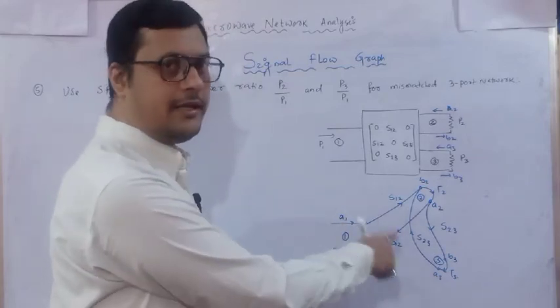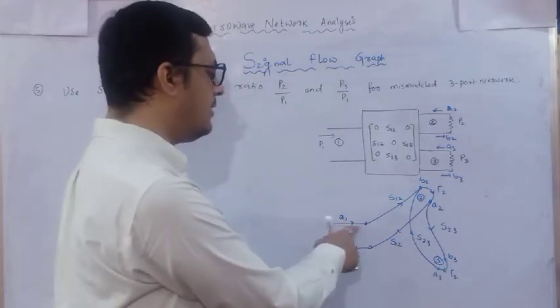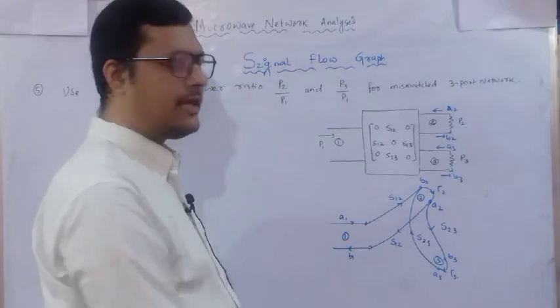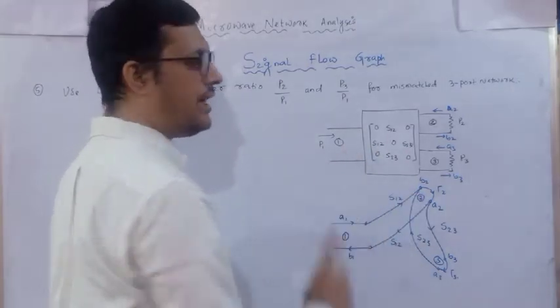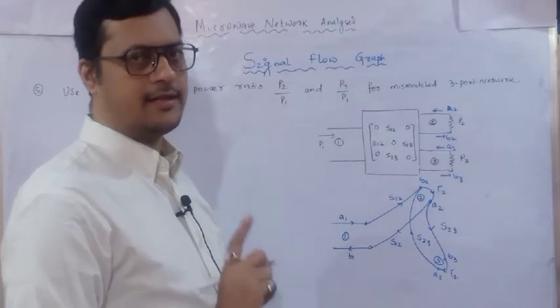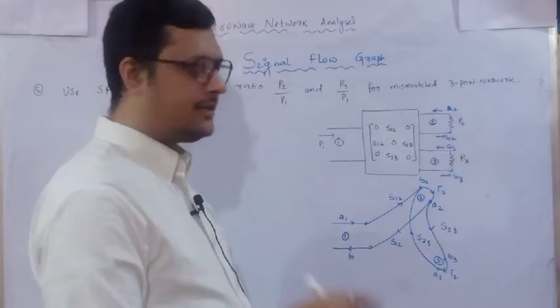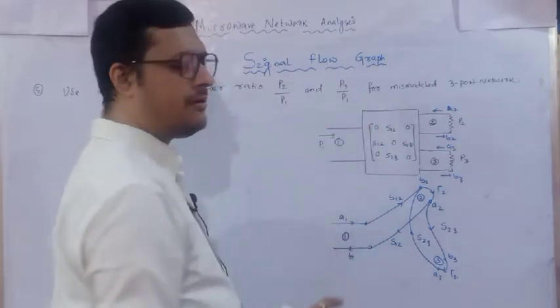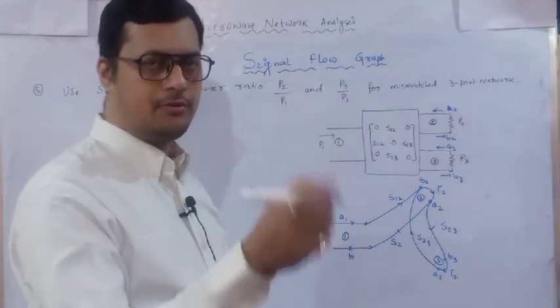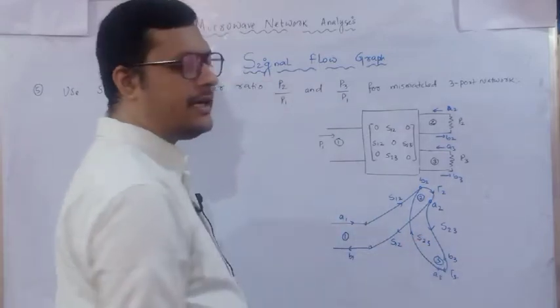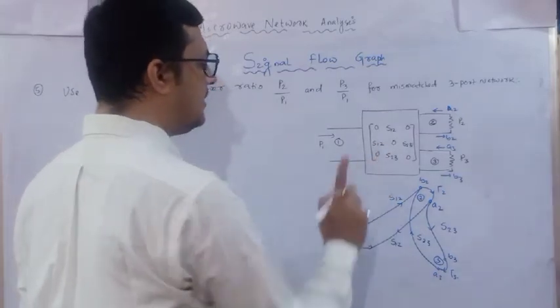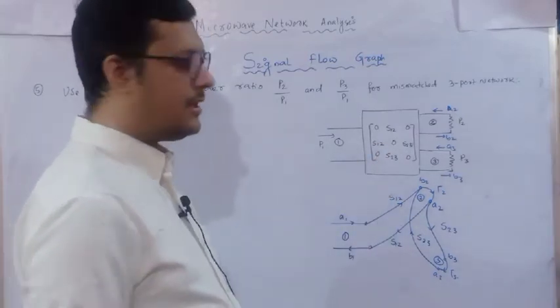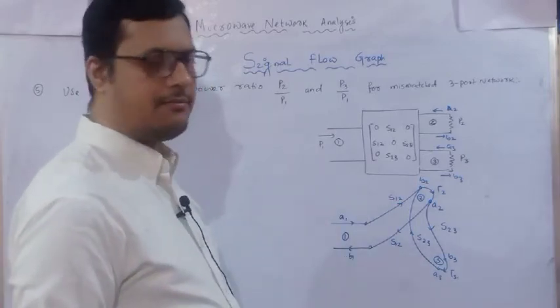So I have not given any signal from A1 port 1 to port 3. It is having only relation with respect to port 2 and port 3. So it is port 2 and port 3 I have connected. So this is the signal flow graph. But if there is a scattering parameter available from port 1 and port 3, then you have to draw and you have to identify it. So according to this scattering parameter, this is the signal flow graph. Now we have to reduce this step by step.